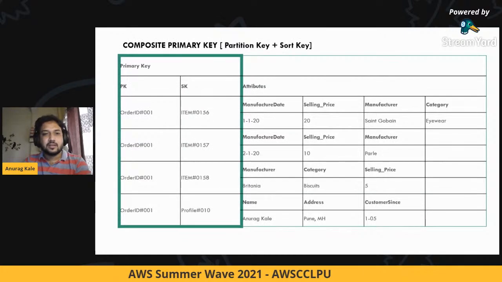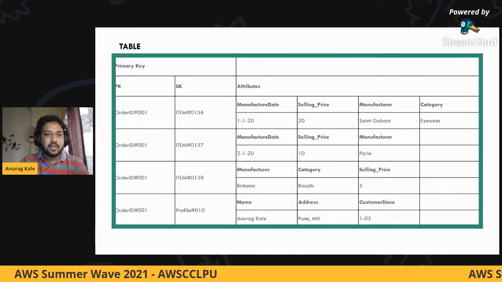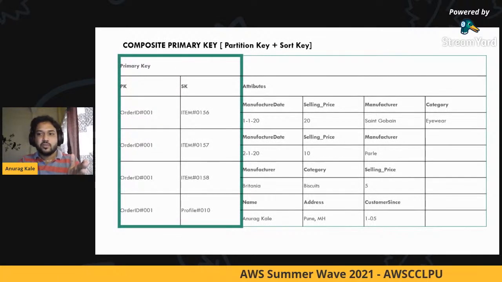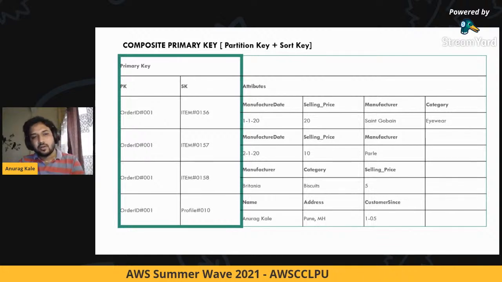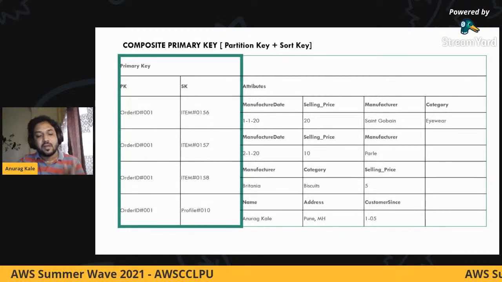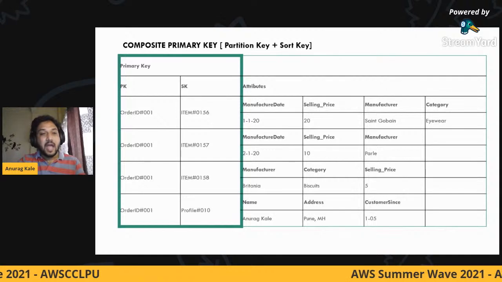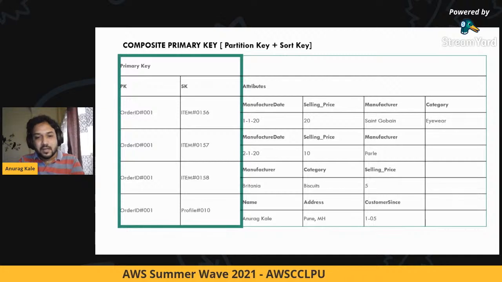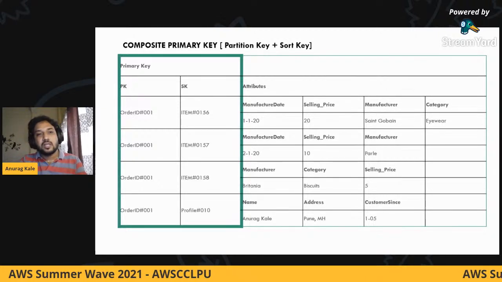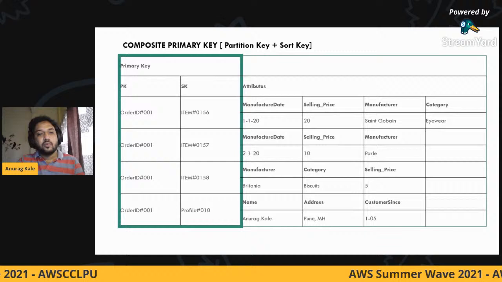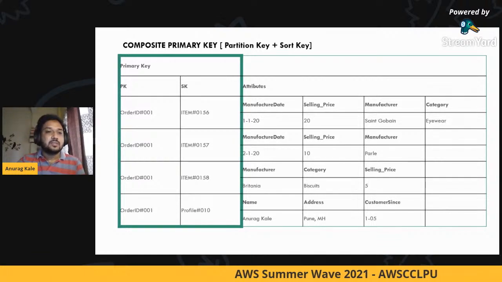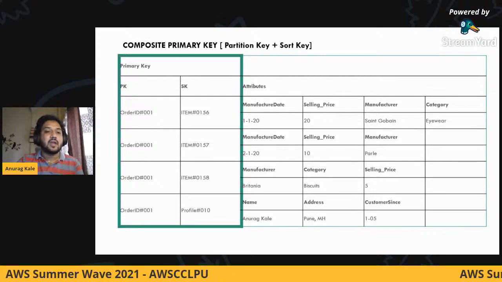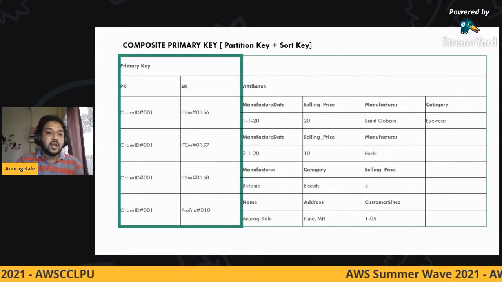But there is also something called a composite primary key, which we saw in this example as well. The primary key is divided into two different parts: one is a partition key and one is a sort key. The partition key is used in the hash function, so that the hash function can redirect your request to the appropriate partition in DynamoDB, and the sort key can be used to do things like filtering. For example, in this particular partition, for order 001, I'm only interested in having profile, then you can do that by using the sort key.